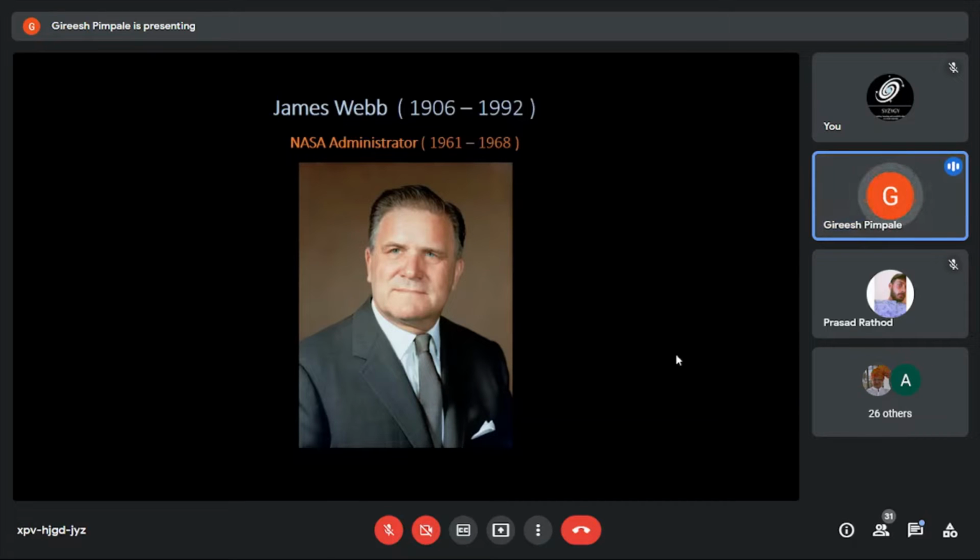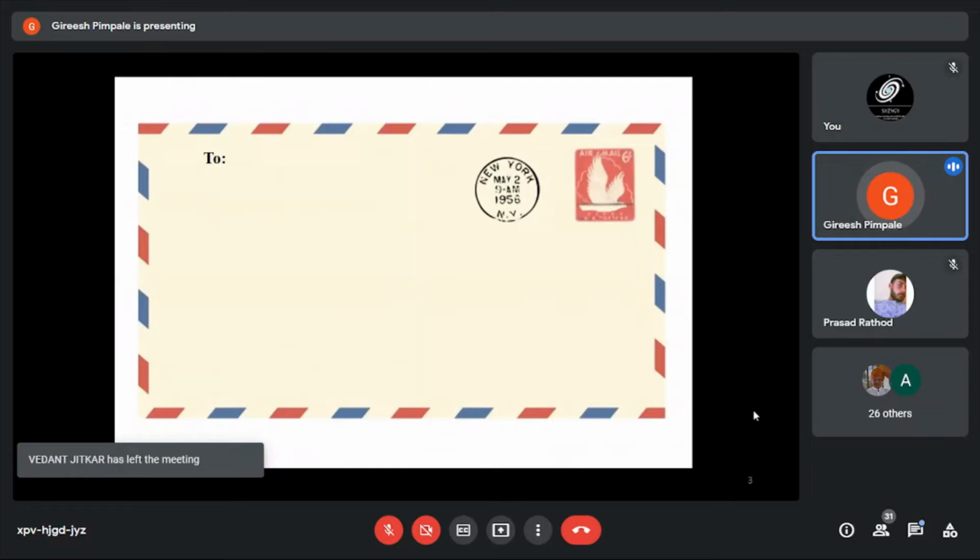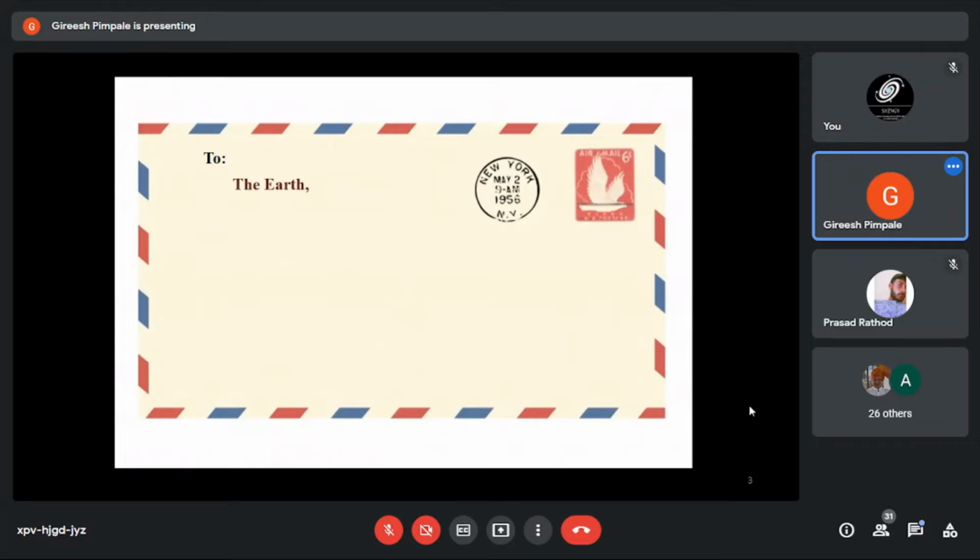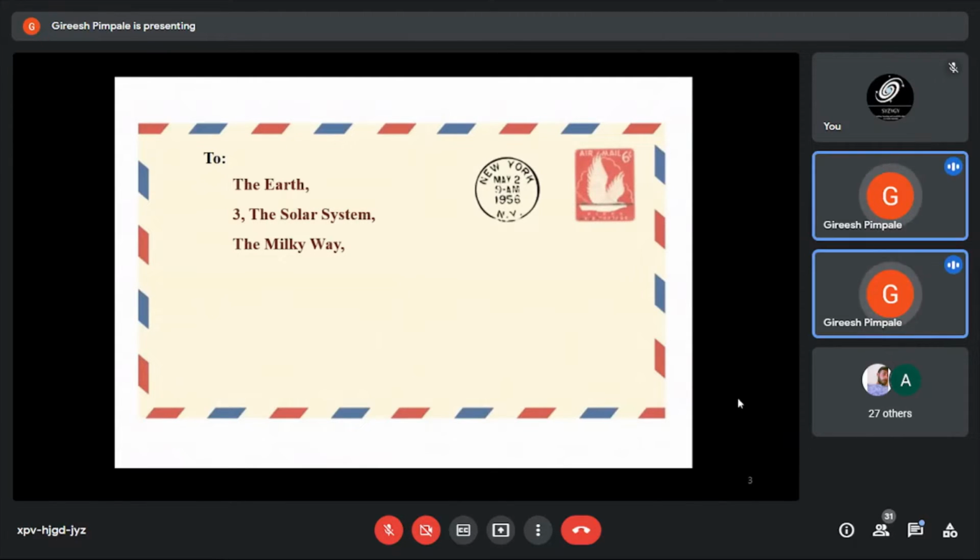Now, when we say that we are going to explore this huge universe with the help of this telescope, let us know what is our address in this universe. Where do we stand? The Earth is part of the solar system, which has 8 planets, as we know. The solar system is part of the Milky Way, our galaxy. The galaxy is a collection of billions of objects, not only stars and planets, but many more objects, and the number goes in billions.